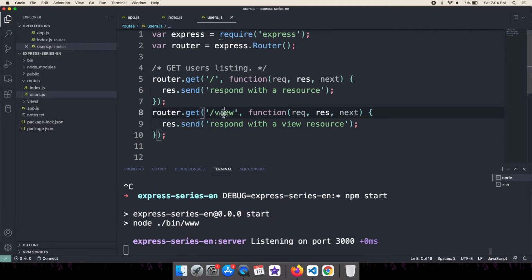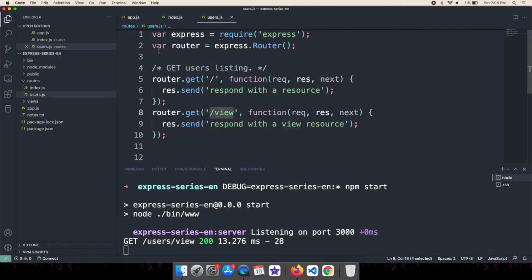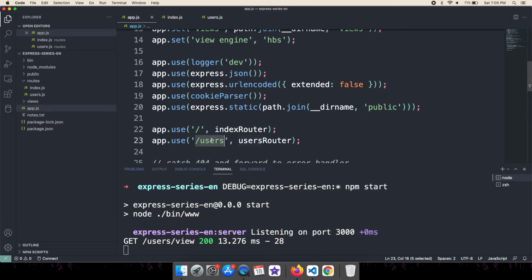To access this path slash view in our browser, we have to use slash users slash view as our path, because all of the users routes start with slash users, since in app.js this prefix is given.